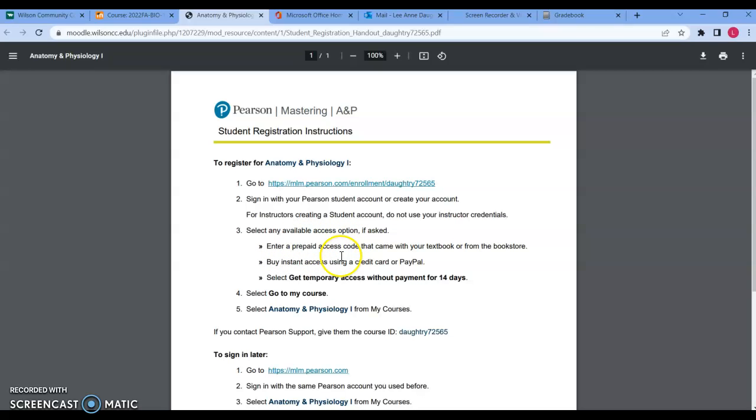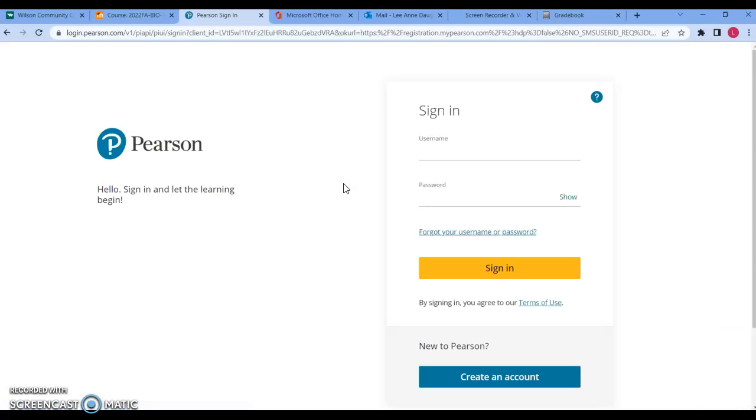You can enter a prepaid access code that came with your textbook. You can buy instant access with a credit card, or you can select get temporary access without payment for 14 days. So I can just click on it and tell you, like, I guess